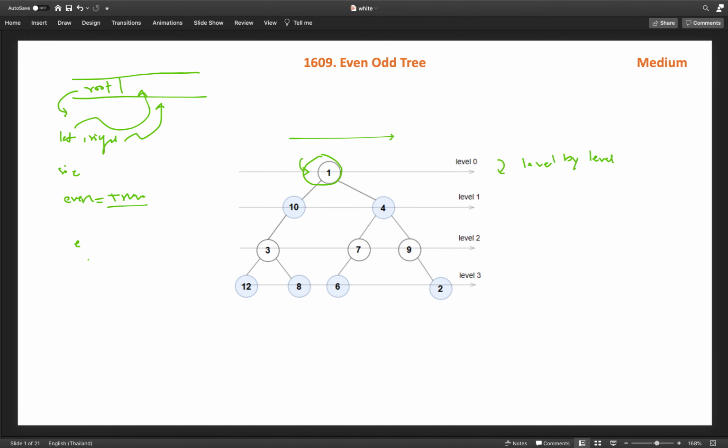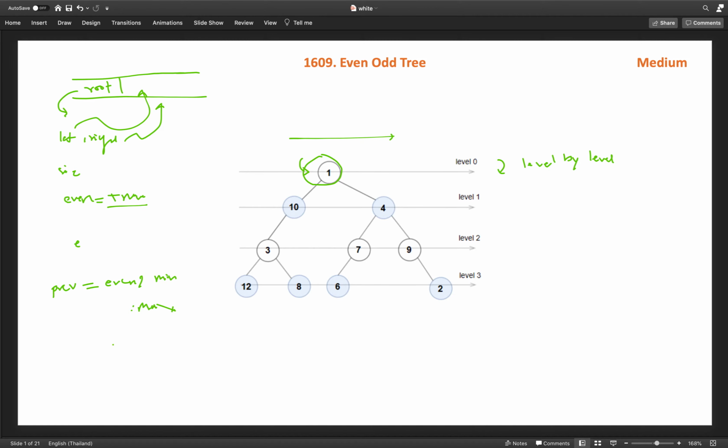How will we track that? We keep a previous value variable, prev. If it is an even level, we initialize it with the min value, and if it is an odd level, we initialize it with the max value. Why? Because in the case of an odd level it should be strictly decreasing, and in the case of an even level it should be strictly increasing.